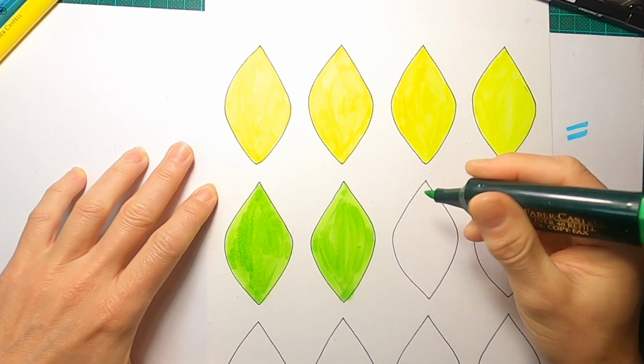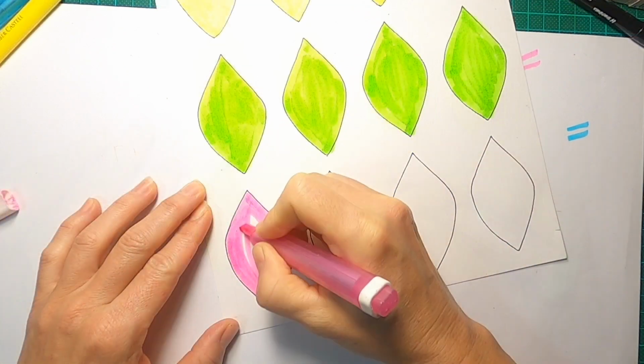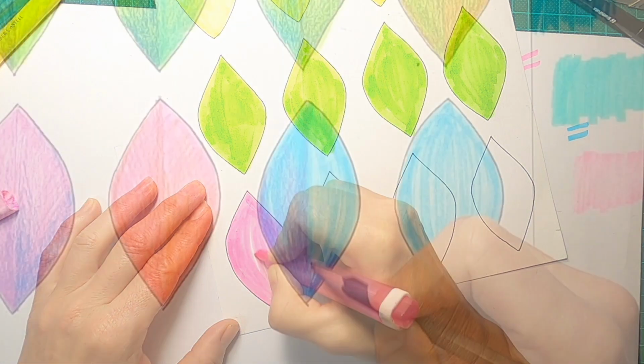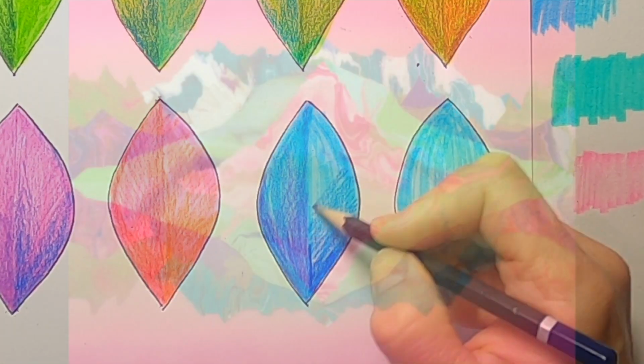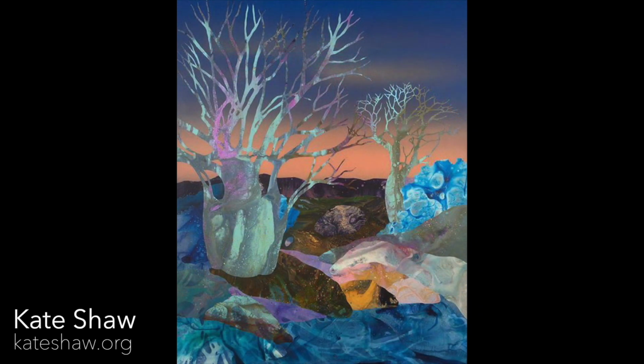If you can't print that chart, I recommend at least drawing up a little tester page so that you have an idea of how your particular materials layer over each other, because everyone's materials are going to be different and behave differently to mine. For my colour inspiration, I looked at the work of Australian landscape painter Kate Shaw, and